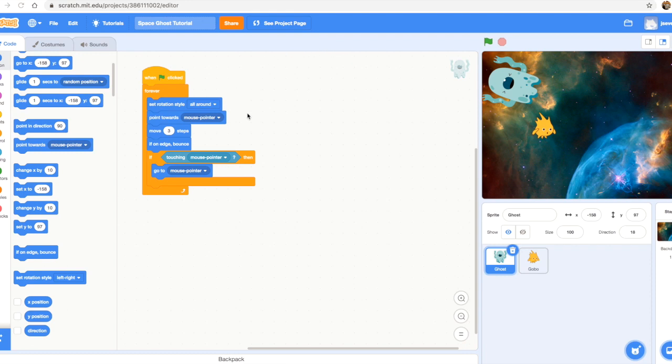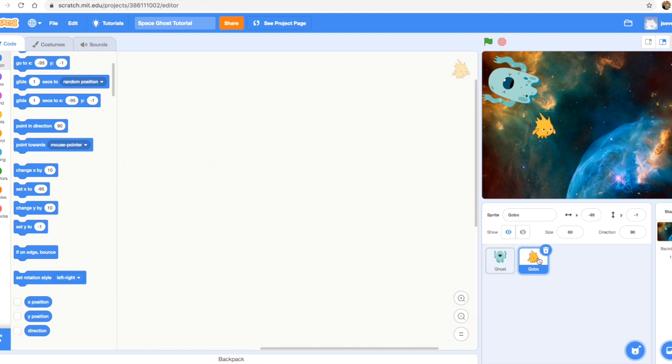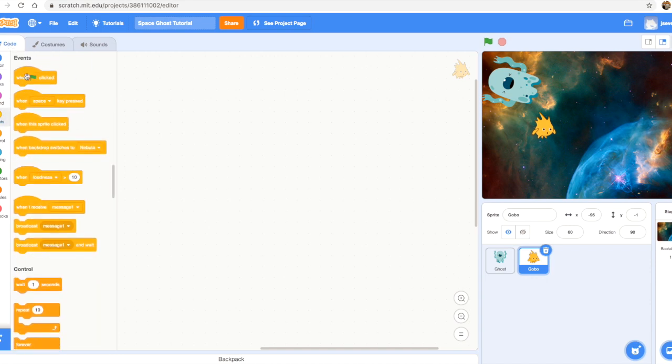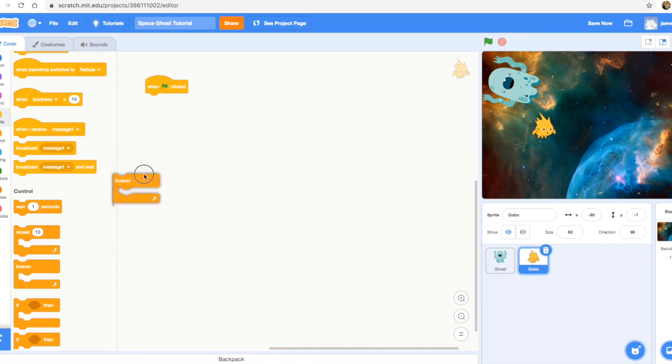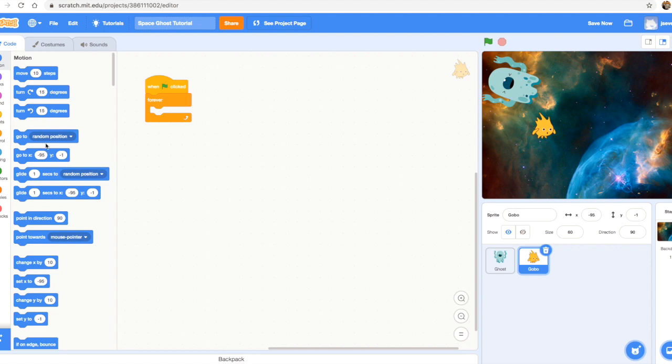Alright, so now we want to go ahead and code for Gobo, our prey. So first click on the sprite that you're using for your prey, Gobo in my case, and then make sure you're in the code tab up here. We're going to start off with the same events block, when flag clicked. And again, we want to use a forever block so that it will keep doing this. Okay, and now under motion, we want it to go to,